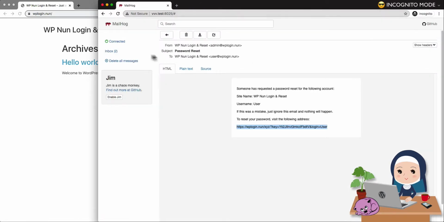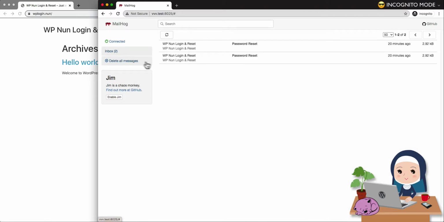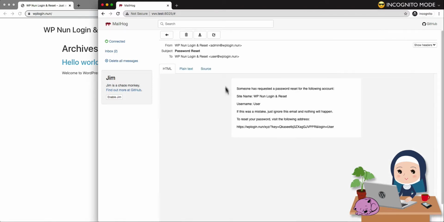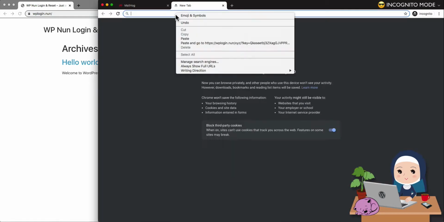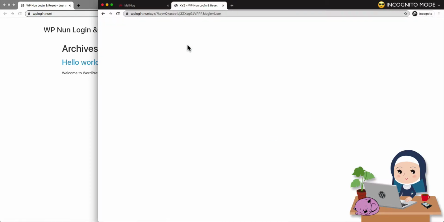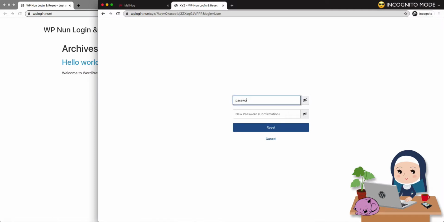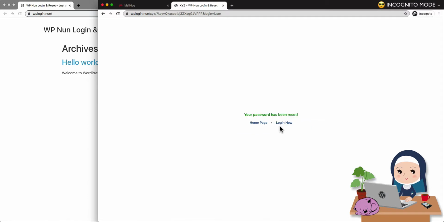Test 6, Incognito mode. Copy the second, newer reset request link, open it in the new Incognito browser tab and submit a password for reset again. Result: password reset success with 2 links, the first redirecting to the home page, and the second for the login pop-up to log in with a new password.